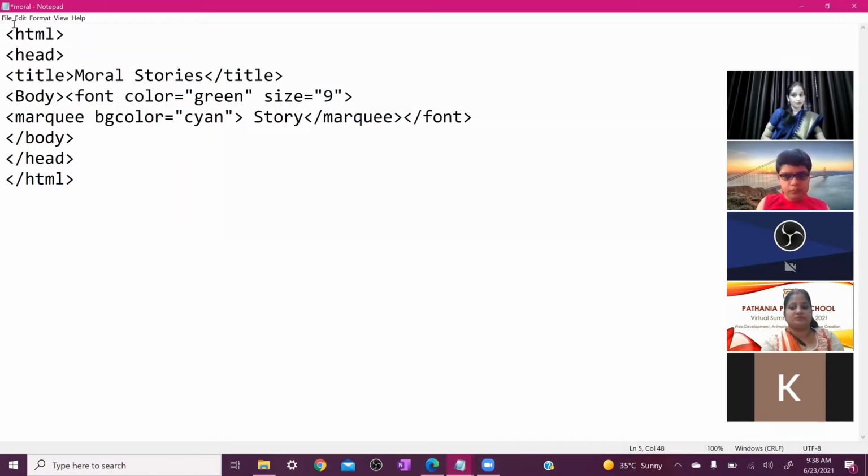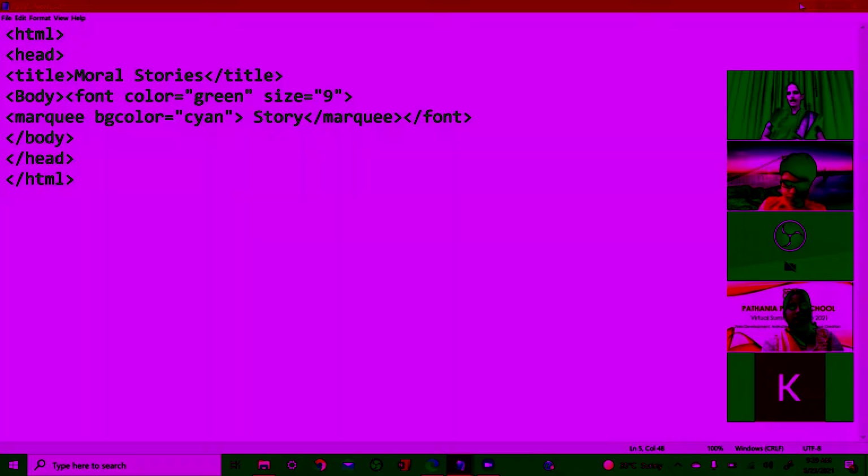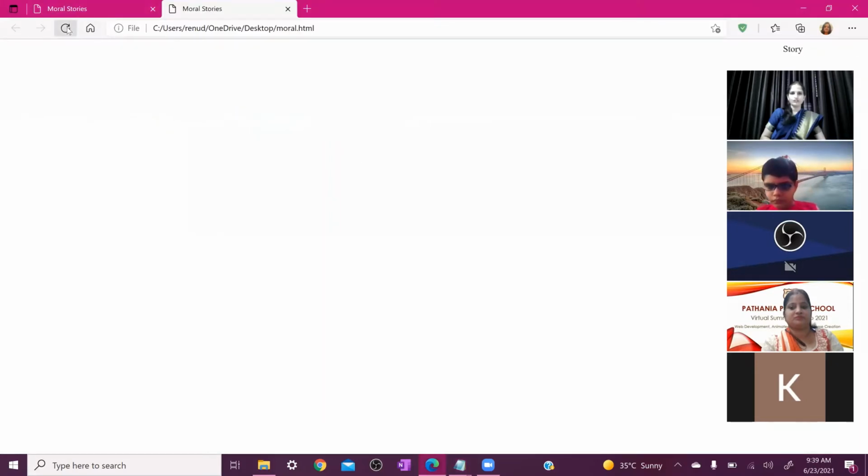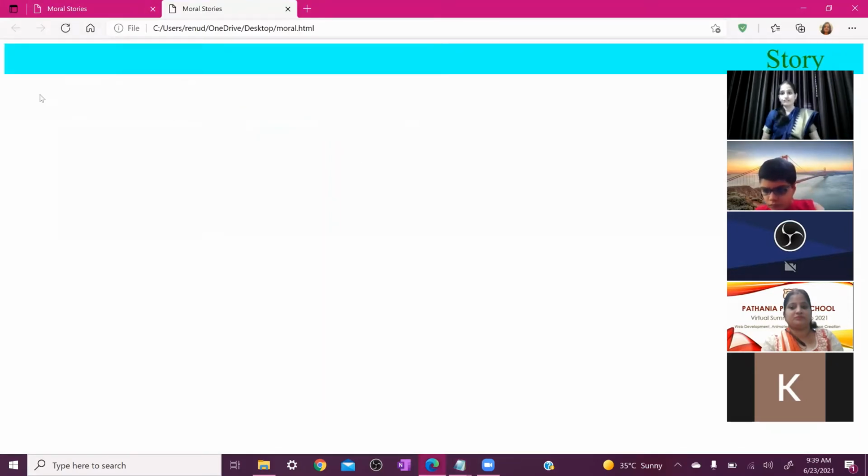Every time, it is very important, beta, every time you do any editing in your notepad, you always save it. And when you open your browser, every time you refresh it. So when we refresh it, our text will be moving on our screen in a larger area, and a background is also behind your text. Okay, now you can see when our text is moving, everyone attention on screen. When our text is moving, it goes behind the screen. But we want our text to move only on this particular screen.